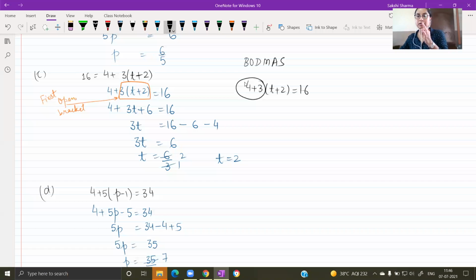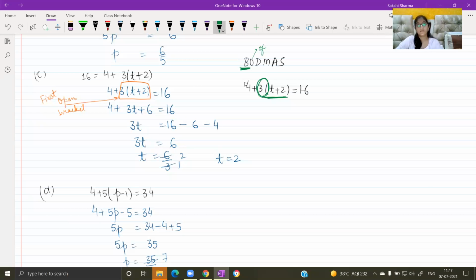First you have to work on the brackets, and this bracket here actually carries a number outside. If I follow this rule, I have to solve this bracket, and immediately outside this bracket there is a 3. So I have to use this with the bracket and then do the rest of the work. The 4 plus will happen later. This is something you can always remember. If you have a question carrying multiple operations, follow this rule. B stands for brackets, O stands for the word of, then division, multiplication, addition, and subtraction.